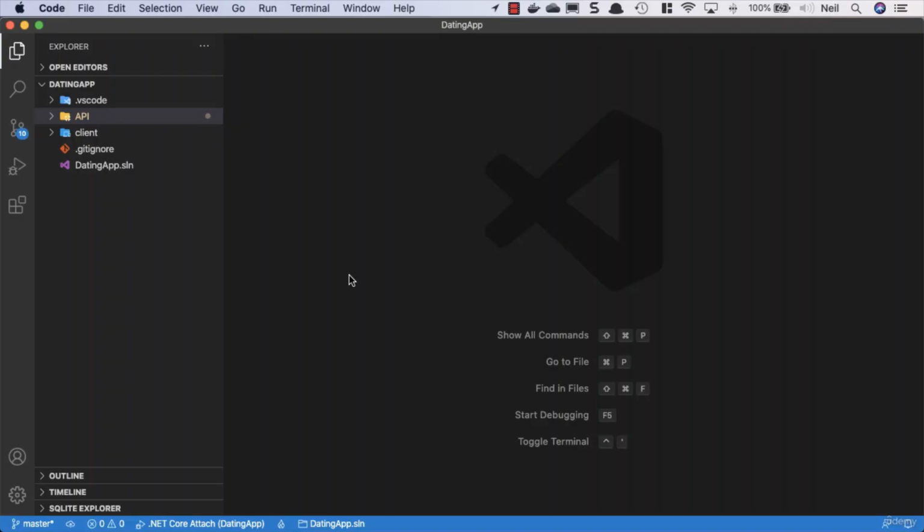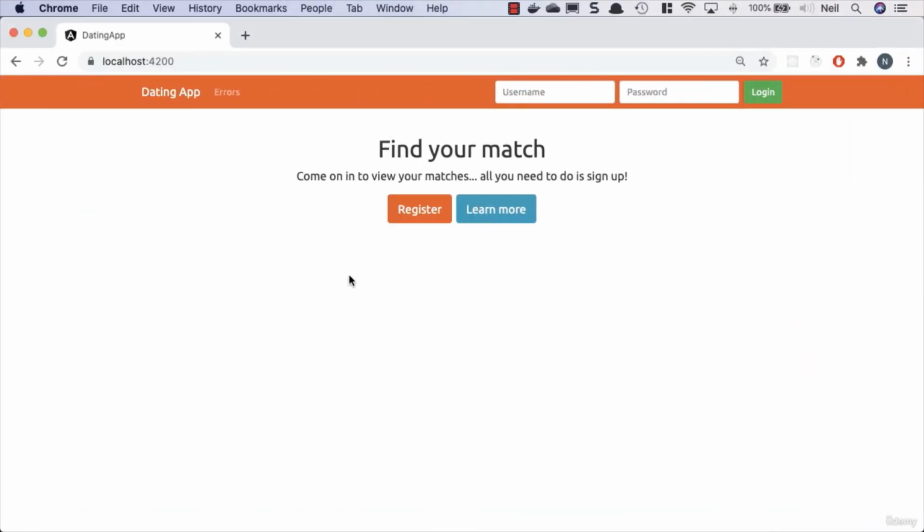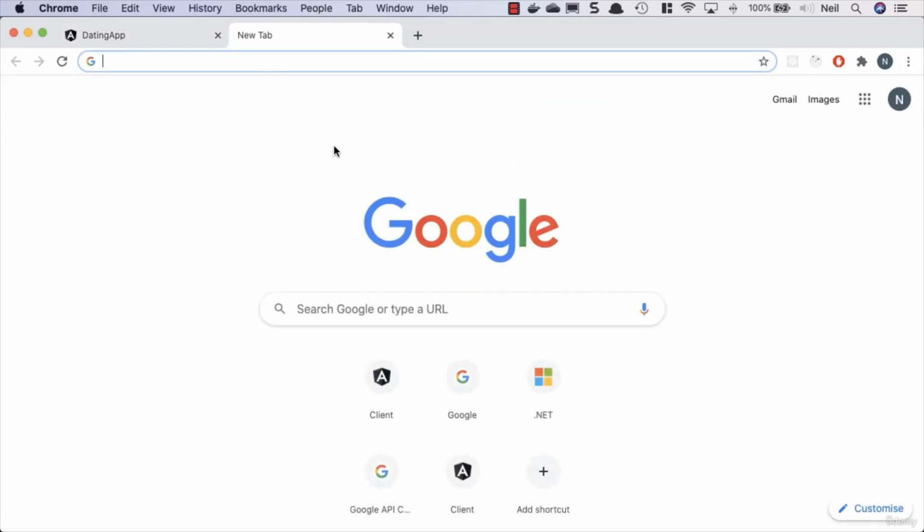Okay, what we're going to take a look at in this particular lesson is we need to get some data into our database, and we want to do this the most lazy, efficient way that I can personally think of. And what we're going to do is generate some JSON data and then use that to insert data into the database. And what we'll use to help us with this, we'll just go across to Google, and what we're going